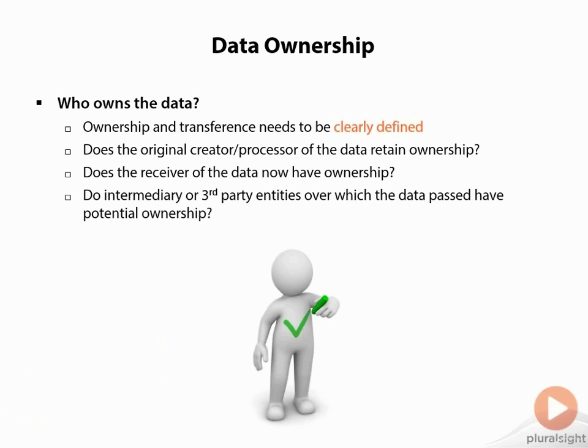And again, do intermediary or third-party entities over which the data passed? Okay, so if you have a third-party colo data center or maybe a clearinghouse or a data warehouse, if the data is stored there or passed through there to another kind of final landing spot, does that intermediary party have any rights or any claim to that data? So again, these are all things that need to be defined, and the more you have defined and the more thought up front, then the less you have to worry about as far as from a litigation or misunderstanding or misinterpretation point after the fact.